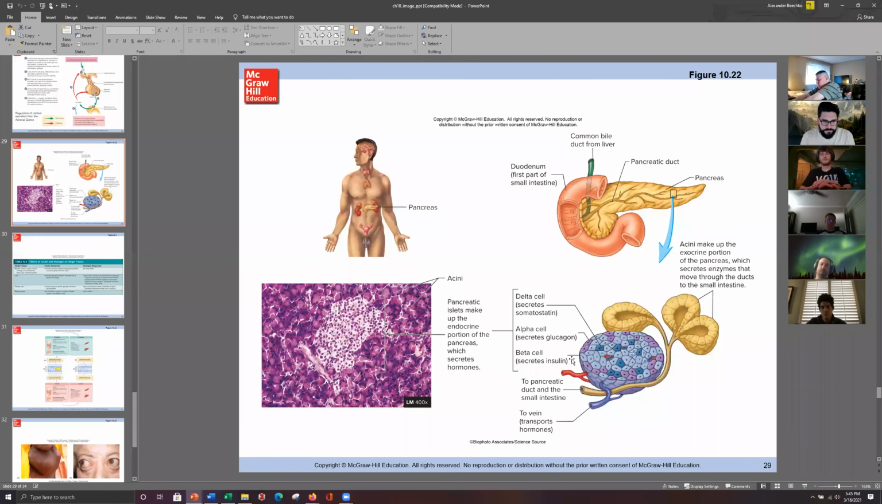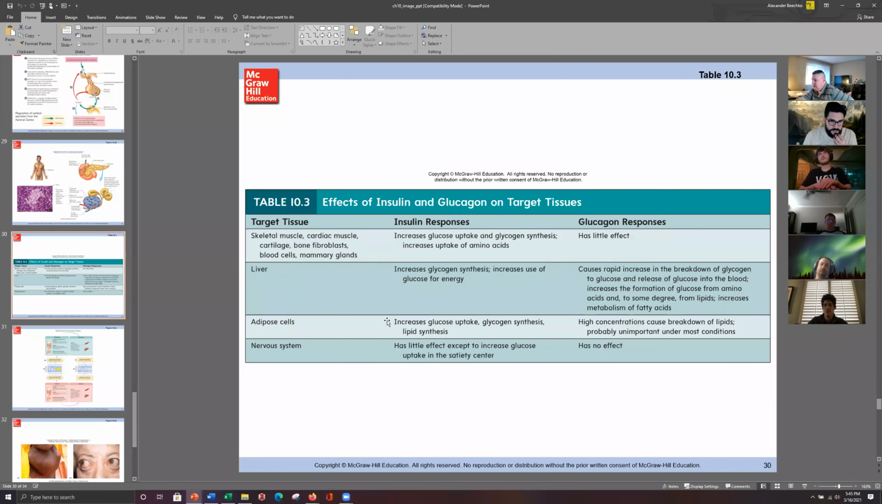But yeah, insulin and glucagon help control things like blood sugar content in our body. Insulin has various kinds of responses on different tissues. Glucagon has little to no effect on most other tissues besides the liver and adipose tissue. But insulin can affect things like skeletal muscle, cardiac muscle, fibroblasts, bone cells, blood cells, mammary glands, the whole